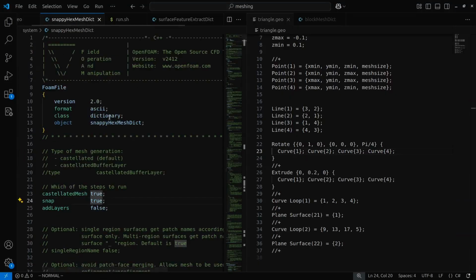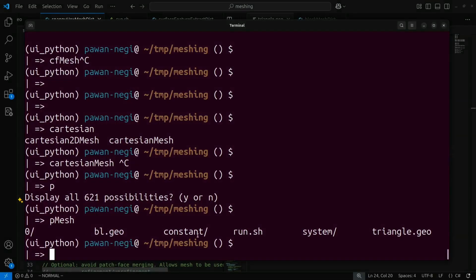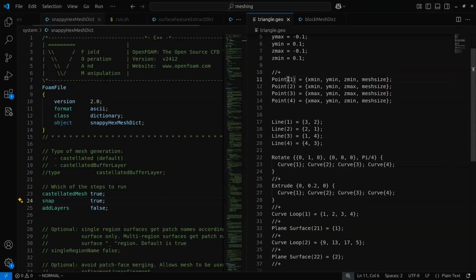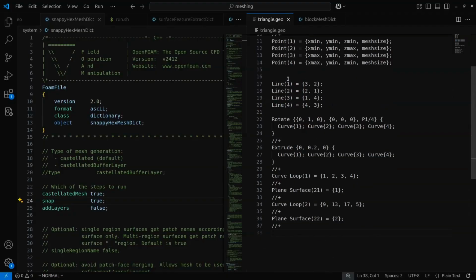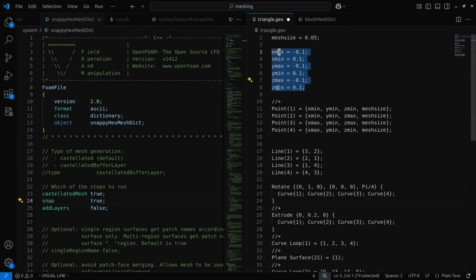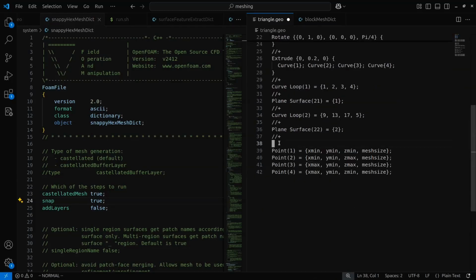Now what we are going to do is write a minimal dictionary, so you can use the same dictionary for this particular solver as well. And also, to create a mesh around this particular geometry, triangle.geo, you also need the outer domain to use this CFMesh mesher. Therefore, we'll go here and create another domain outside this. Let me again do all this, which is first creating the domain. So I'll create a domain from -1 to 1,